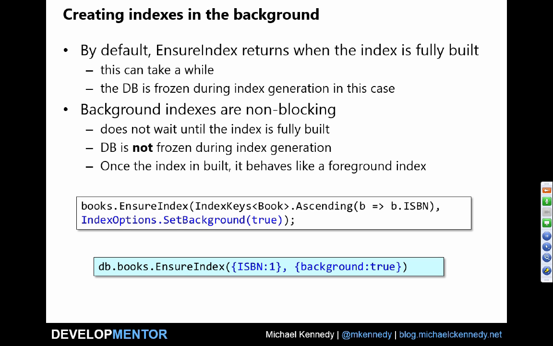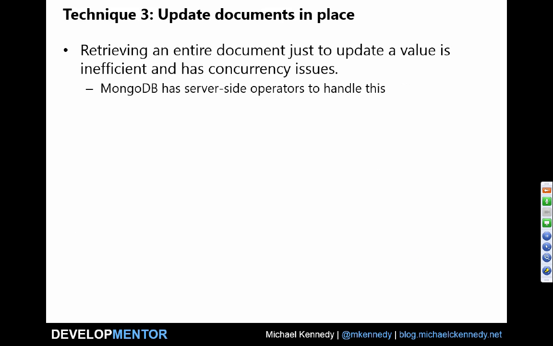Okay. And to enable an index, you say go to the collection and say ensure index, and then whether or not you want to do this in the background or the foreground. Probably the background in production is safer. It won't be a background index. It will just be created in the background.